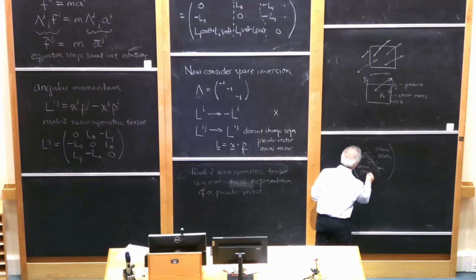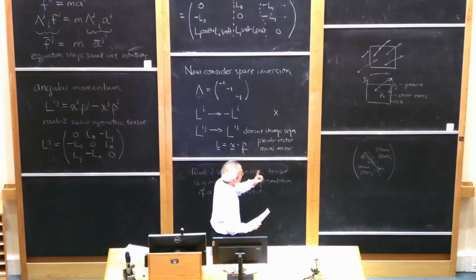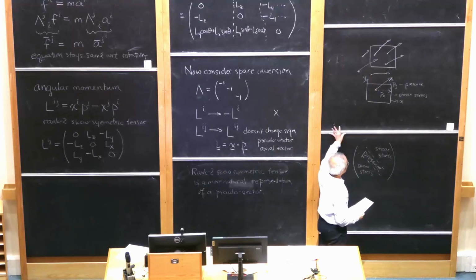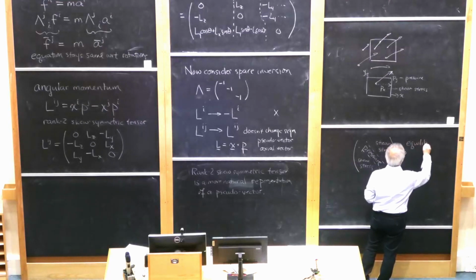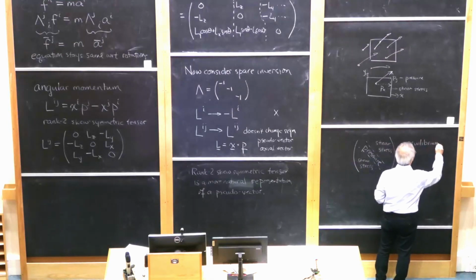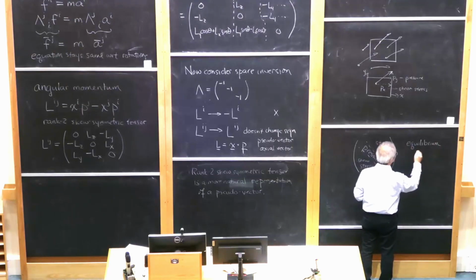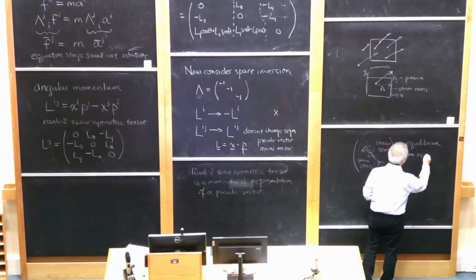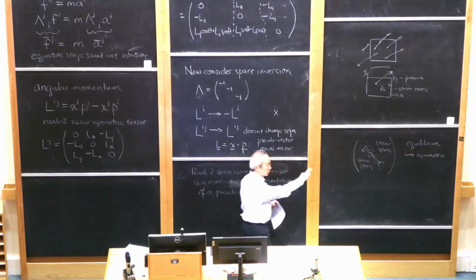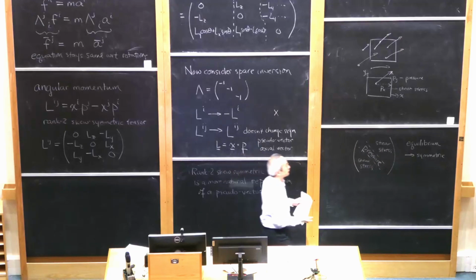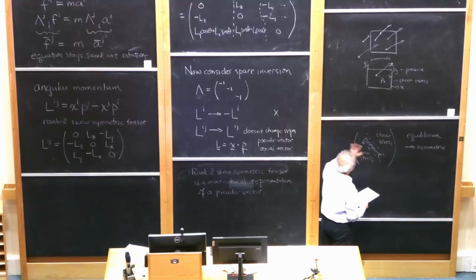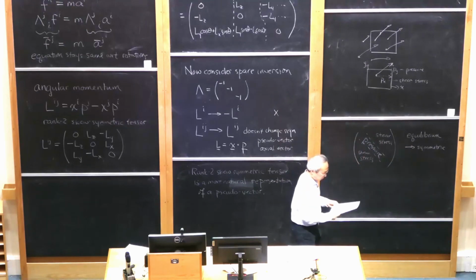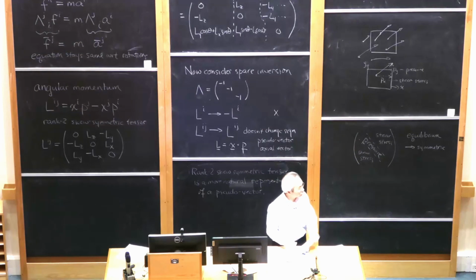Okay. Now, I should correct myself or adjust this a little bit. It is only in static equilibrium that this is a symmetric tensor. Okay? If you're not in equilibrium, then you actually have 9 whole degrees of freedom. Okay? Yeah, okay. But anyway, we'll leave that picture just for now because